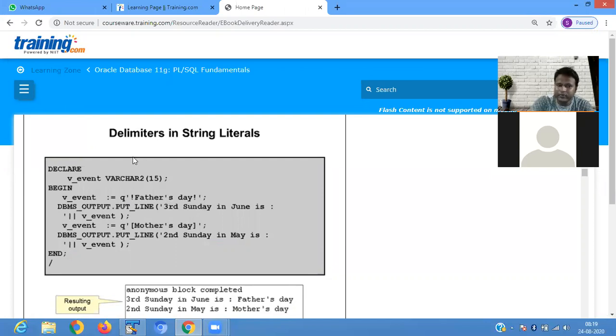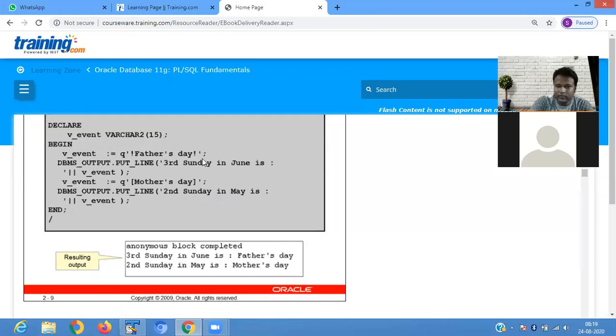Okay, with the q, we represent the total word in single quotation, then the apostrophe s we have mentioned here. If you notice, here we are using the exclamatory symbol. In the case of exclamatory, you can pass any symbol, like a curly bracket or a square bracket. Okay, so that is what we're using.